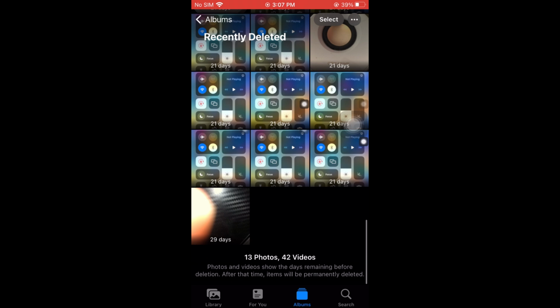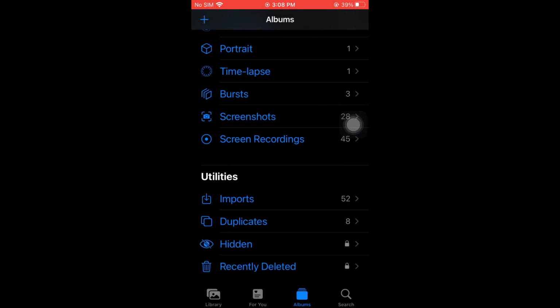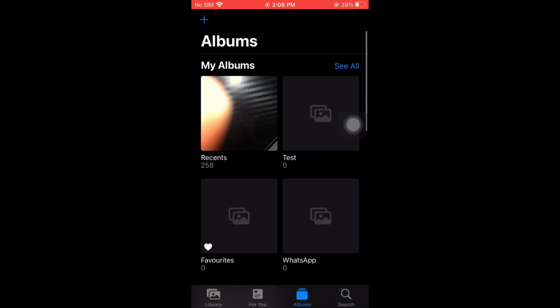And if you want to recover it, just simply tap on it. And after that, you will have a Recover button over here at the bottom down below. And tap on Recover and tap on Recover Photo. And from there, when you go back to your albums, and from here, you'll be able to recover your